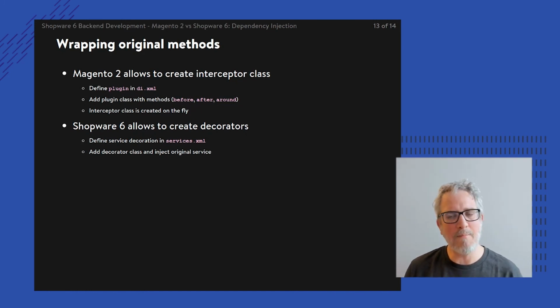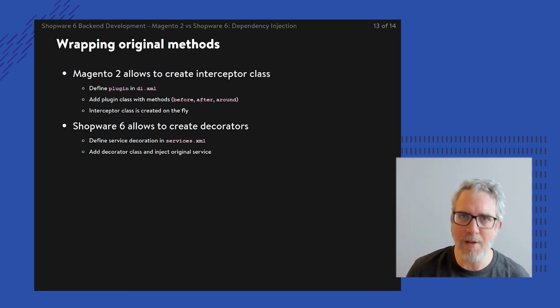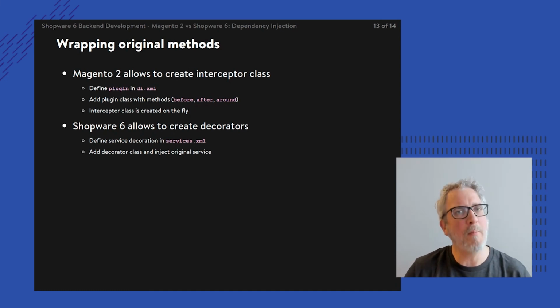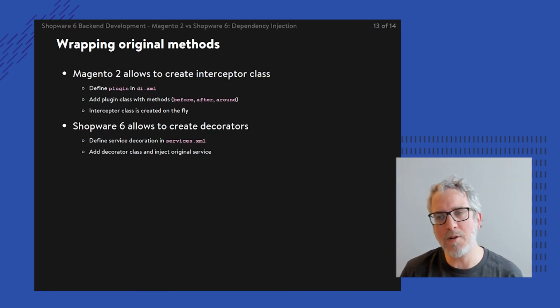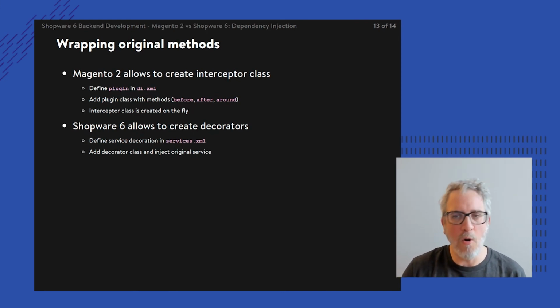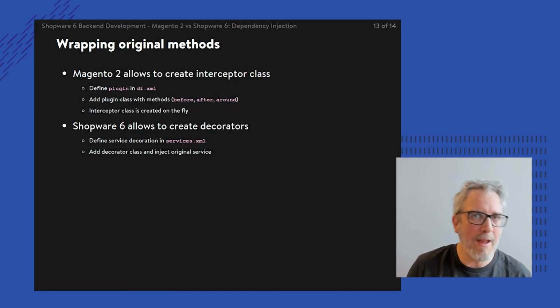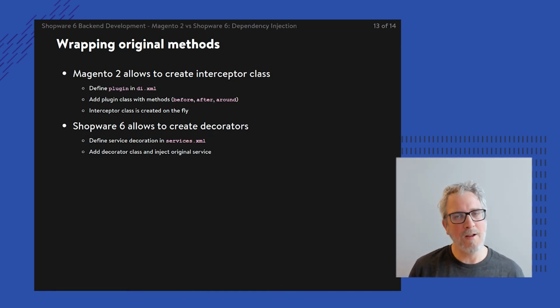So it's basically the same mechanism as we've seen in Magento. The goal is that there's this PHP class, it has public methods, and for each one of those public methods, you can intercept its behavior. You can do something before that method is executed, after that method is executed, or around. So doing something with both the input arguments and the return value. And that's also where a service decorator comes from. It allows you to take the original object with all of its different methods and wrap a decorator around it, so that for each method you can do something before, after, or around.